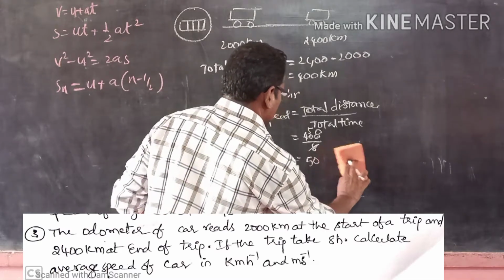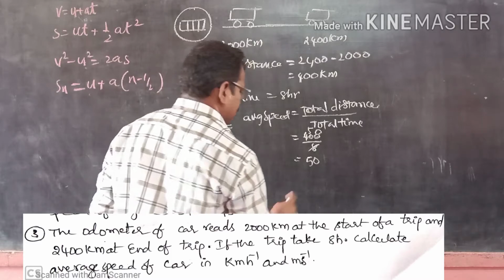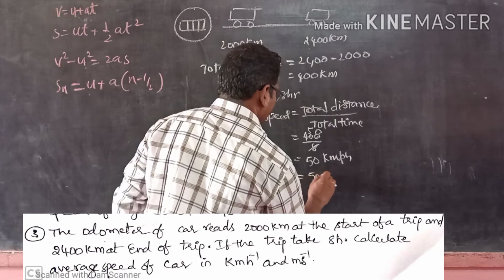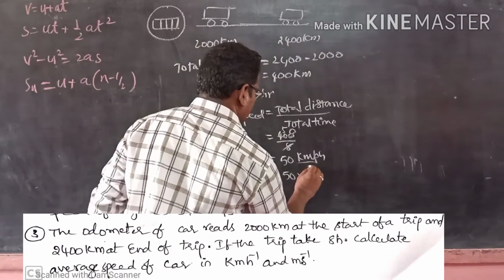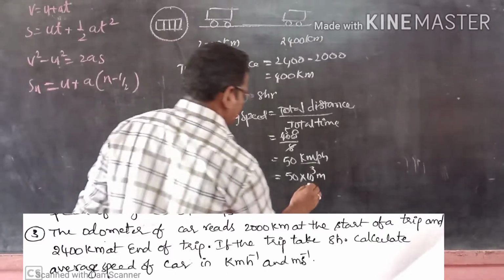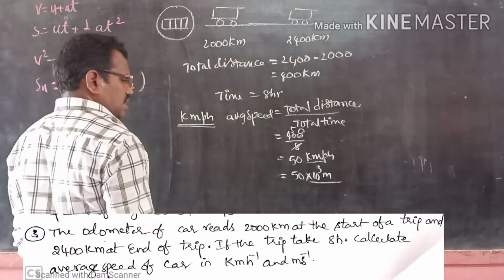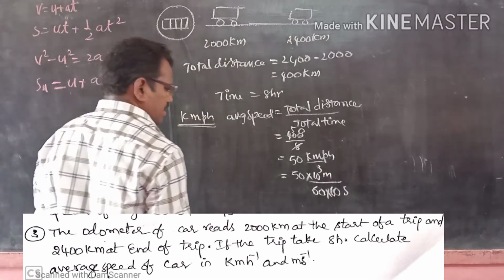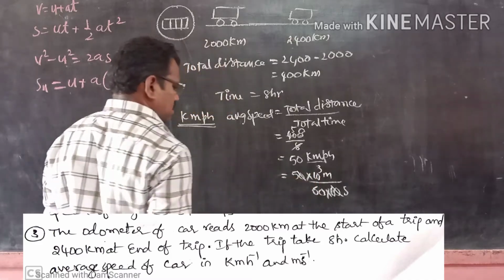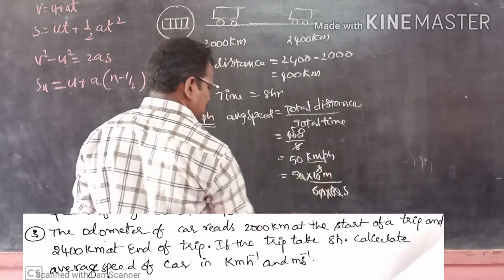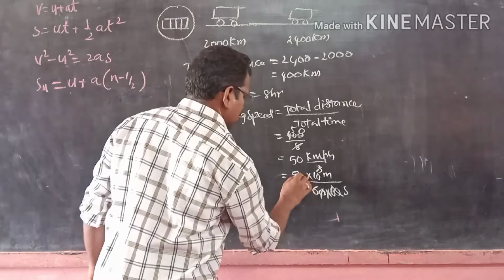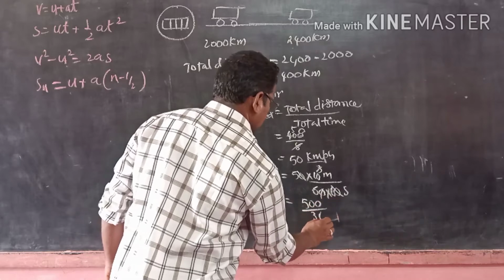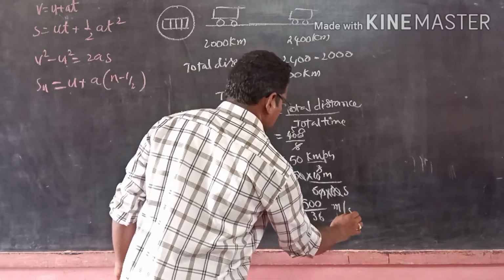What we got here is kilometer per hour, which can be written as kmph. That is 50 into 1 kilo, 10 power 3 meters, per hour, which can be written as 60 into 60 seconds. Now the zeros will get cancelled. Here 1, 0, here 1, 0 will get cancelled. Now it becomes 5 into 10 square, 500 by 36 meter per second.